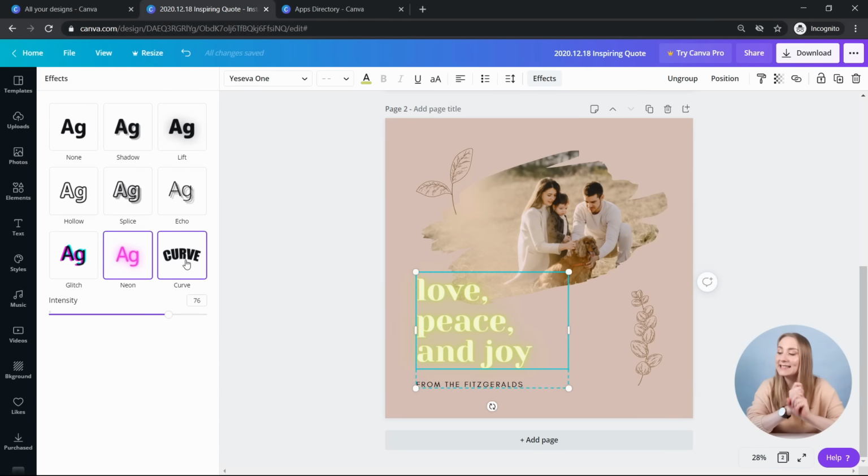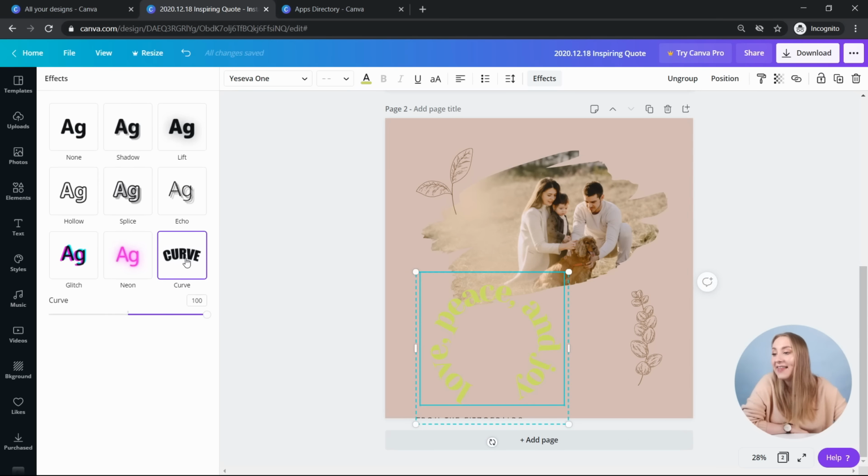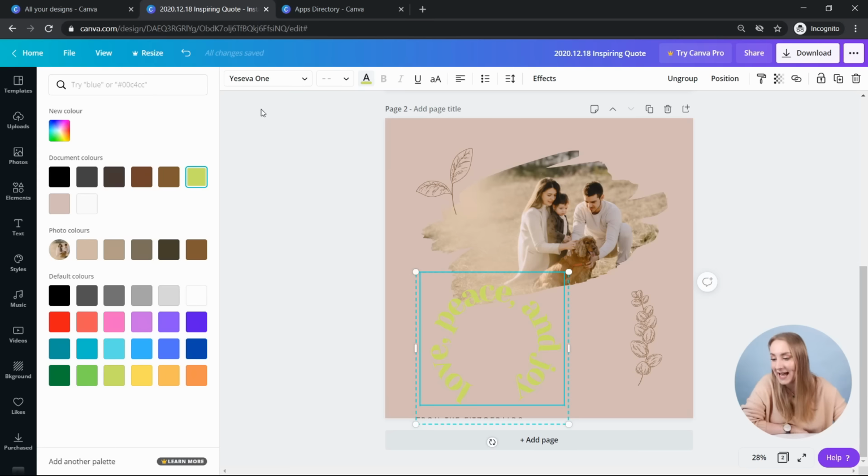And the last one, guys, I have to say, I've been waiting for this for a very, very long time. This is something that was actually missing really heavily from Photoshop. This is one of the reasons that I would sometimes go to Photoshop, create a curved text, export it as PNG, and then upload it to Canva just to have that curved text. But users have requested it for months and months, and Canva listened. This is what is so great about Canva. They listen to lovely people who use their product, and this is what it does. You can curve your text in Canva now. It's just beyond, it's amazing.